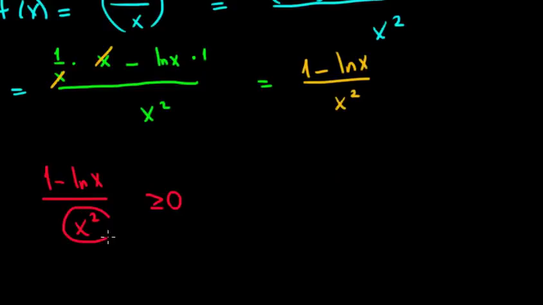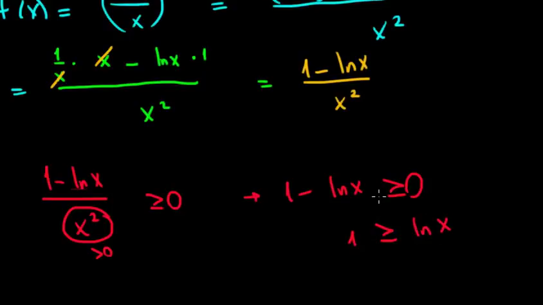Now x squared is always positive. Any number to the power of 2 is going to be positive, which means that the only thing we're left with is that 1 minus ln of x has to be positive, which means that 1 must be greater than or equal to ln x. Let's write it as ln x has to be less than or equal to 1. Now, if ln x has to be less than or equal to 1, and we know that ln of e is equal to 1,